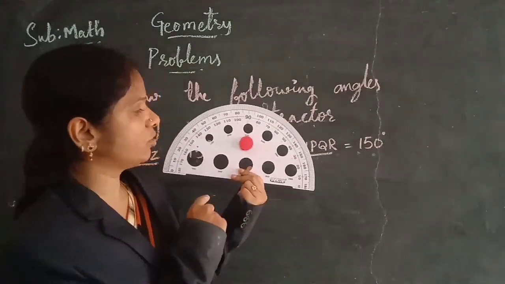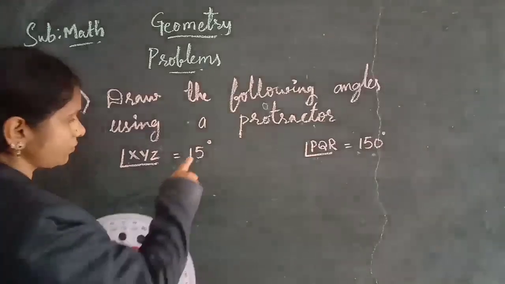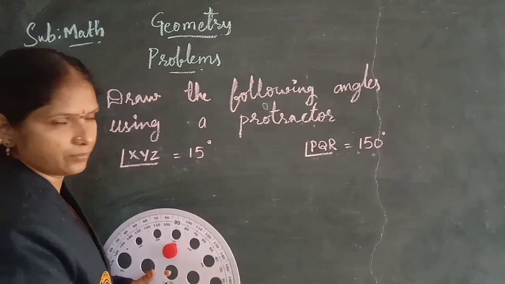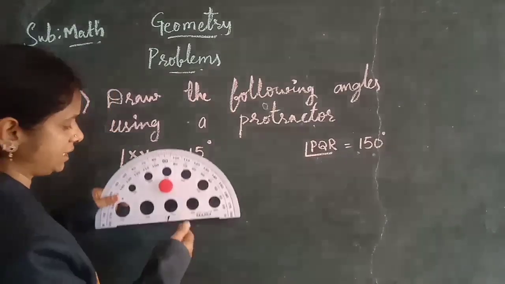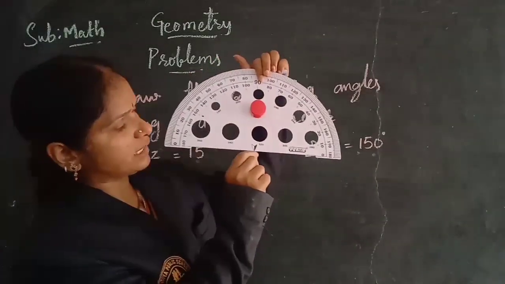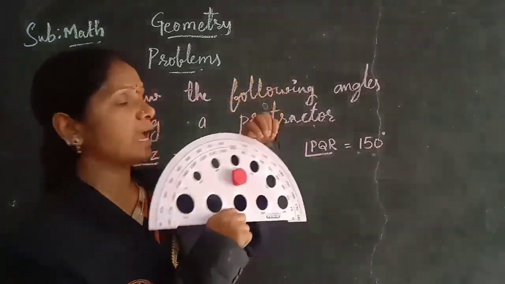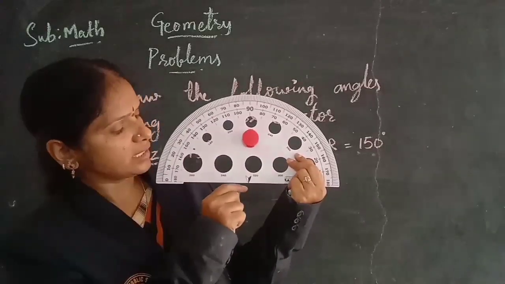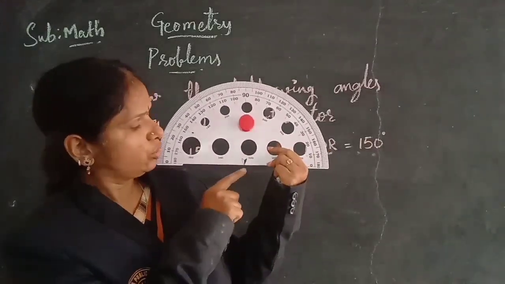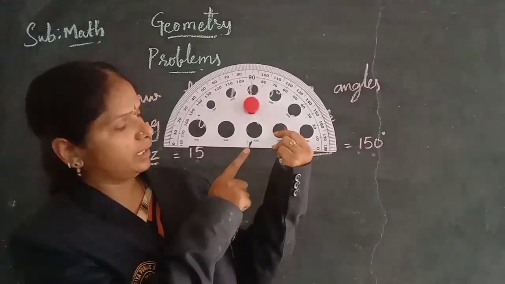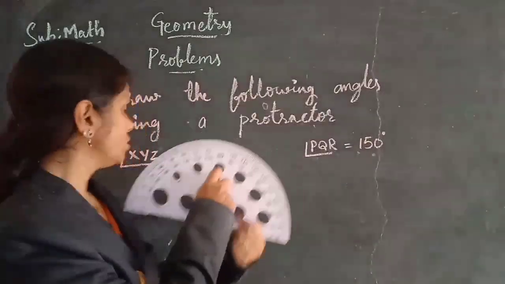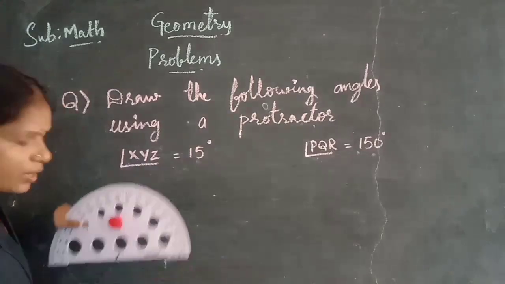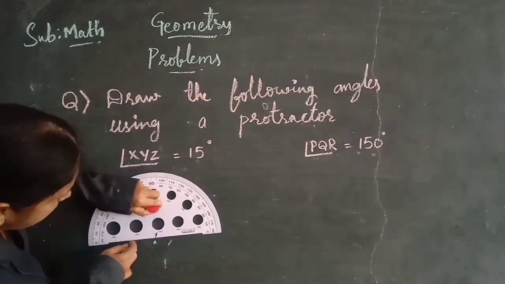Okay. Now here we are drawing 15 degrees, angle XYZ. In angle XYZ, you can see children, first and in the middle you can see one point. Already, what does angle mean? Two rays meet at one point. So two rays you see here, and the meeting point we should draw here. So I am keeping a point here. This is a point, this point I am keeping here.